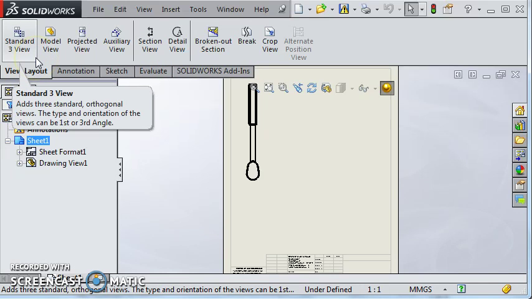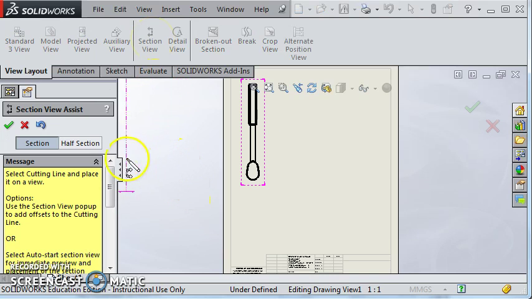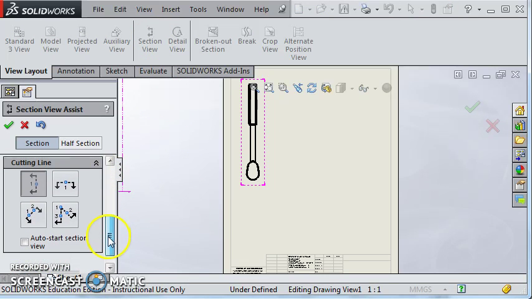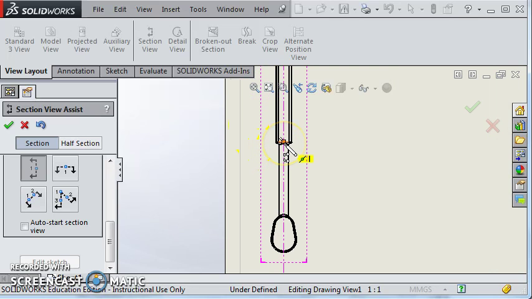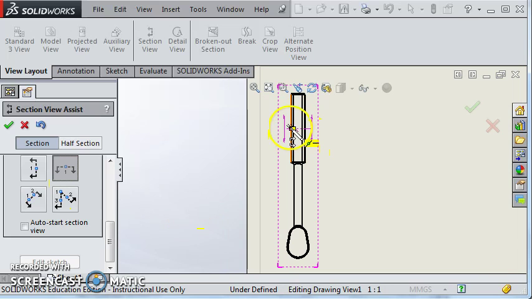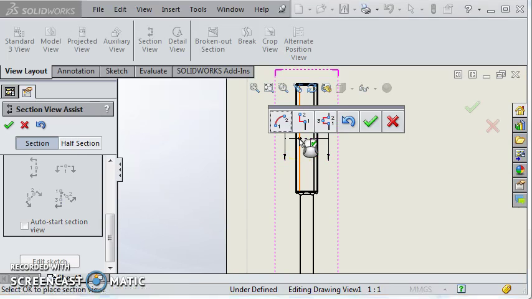Okay, so the first tool we're going to look at is something called the section view. So this one here. By clicking on the section view, we can see a range of different ways that we can cut the component, and we'll see that by default it's got the vertical line. There's a vertical line that's trying to be drawn that we're going to cut that section at. Here I'm going to change it to horizontal, and we're going to look at a section view that cuts through halfway along that handle. So if I click on the handle,